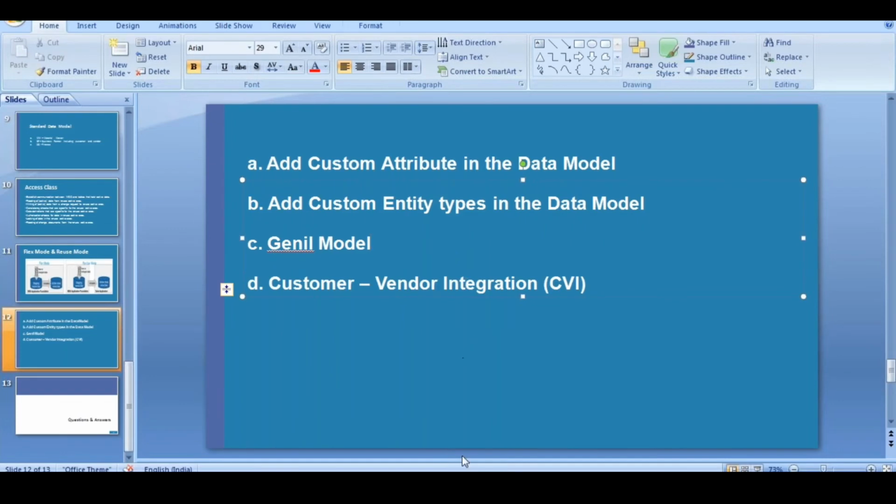Yeah, hi Aditya. I have one question actually. So you have added the custom entity in the standard data model. So what were the, and which field